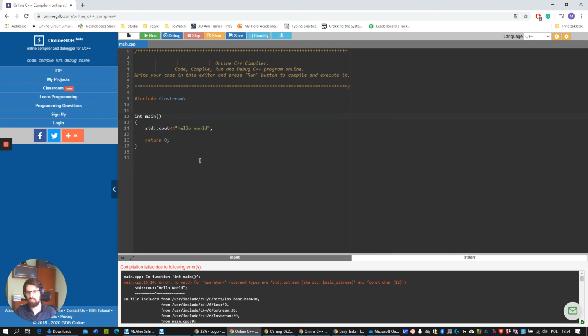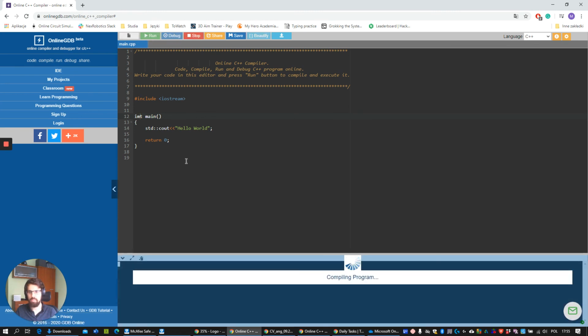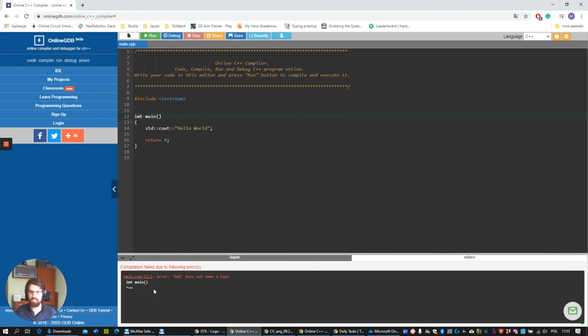The question is, what can happen if we make a typo in the type? Because when we define the function, we need to have a type and then the name. So in this case, I made a typo. Instead of int, I wrote a misspelled version, and we can see that it's not the name of a type. We could define this type, but in this case, it's not defined anyway, so it's causing an error again. So to summarize, when you have an error, it's very